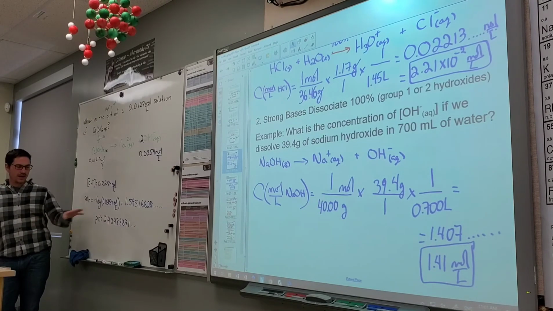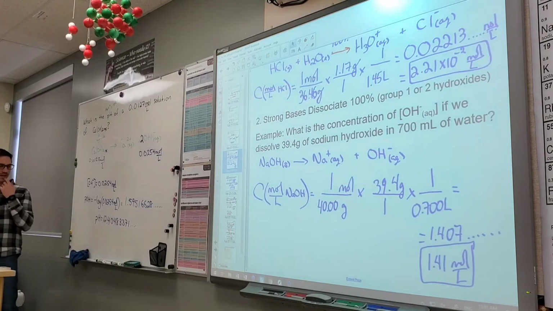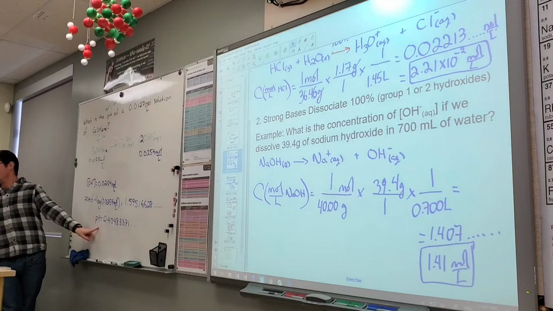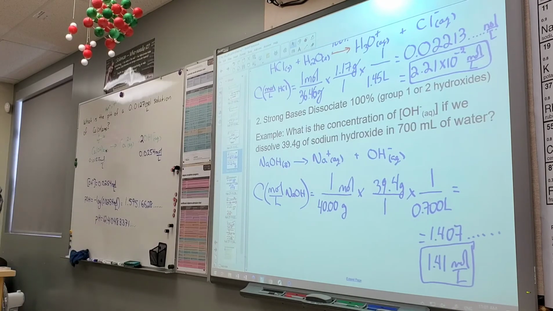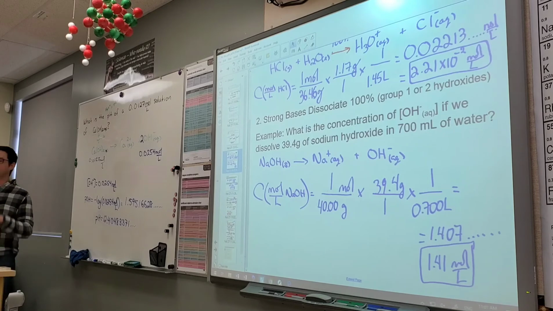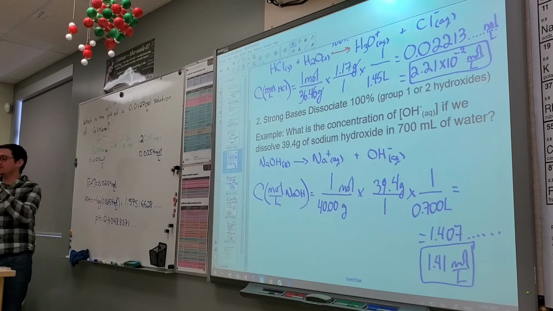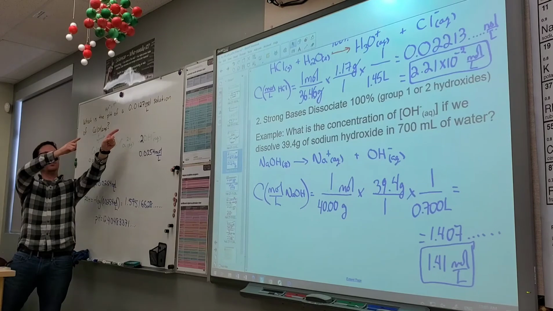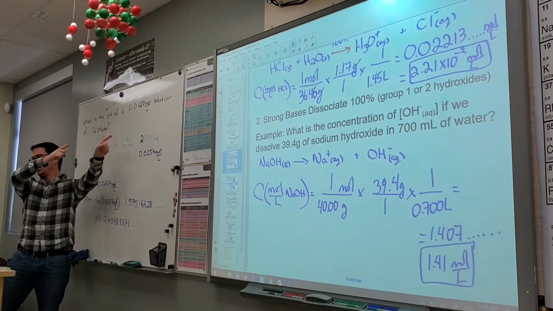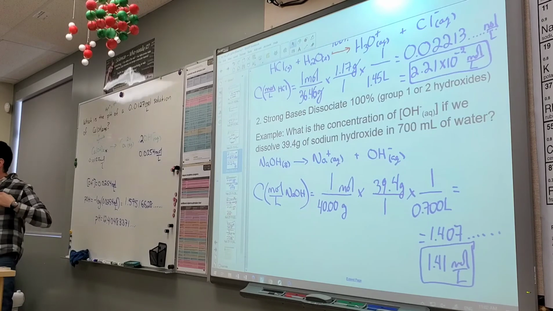Now, I can't drag this up, so you're just going to have to peek over beside somebody's head. Is that our answer? No. This is something that my Chem 20s last semester had so much trouble with. How many significant digits are in the original information from the question? 3. That means we need 3 significant digits in our answer.